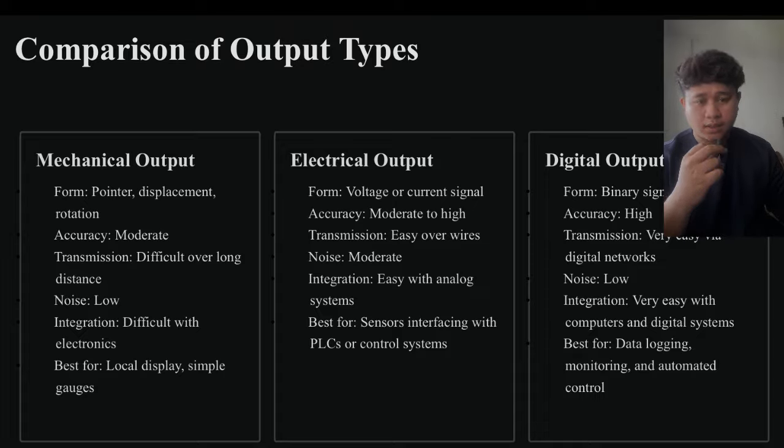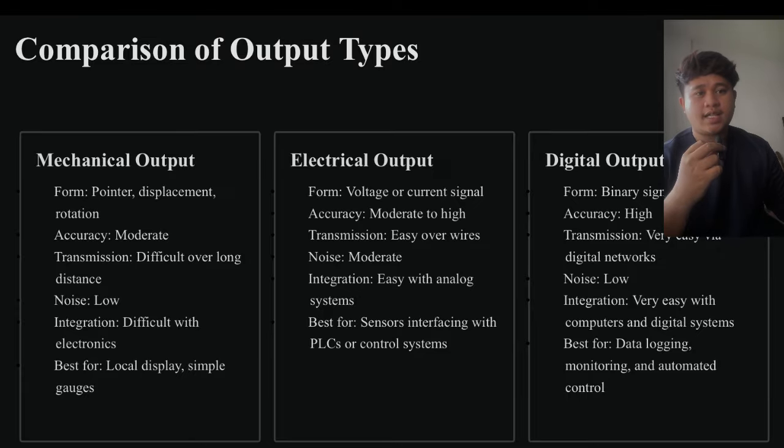Here's how a typical measurement system works. A sensor detects the physical quantity. A transducer converts it into an electrical signal. The signal is conditioned and then it is delivered as a mechanical, electrical, or digital output, depending on the system